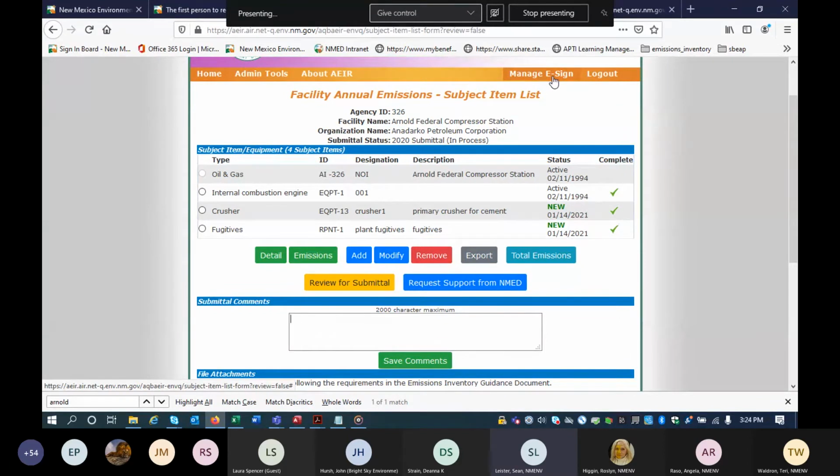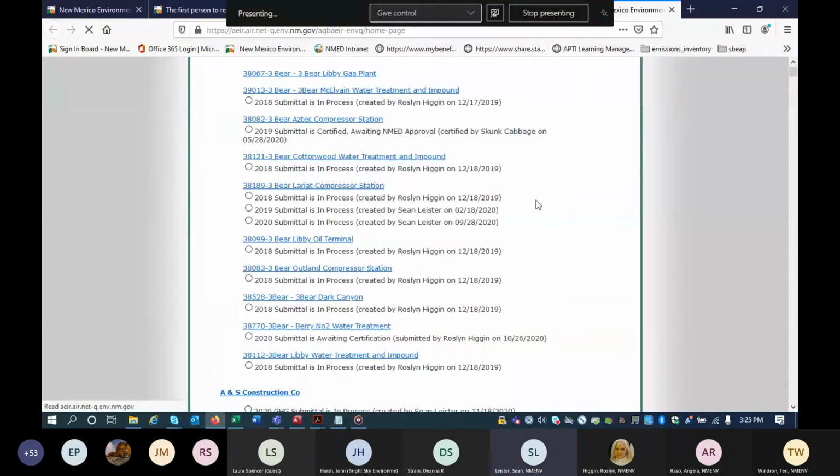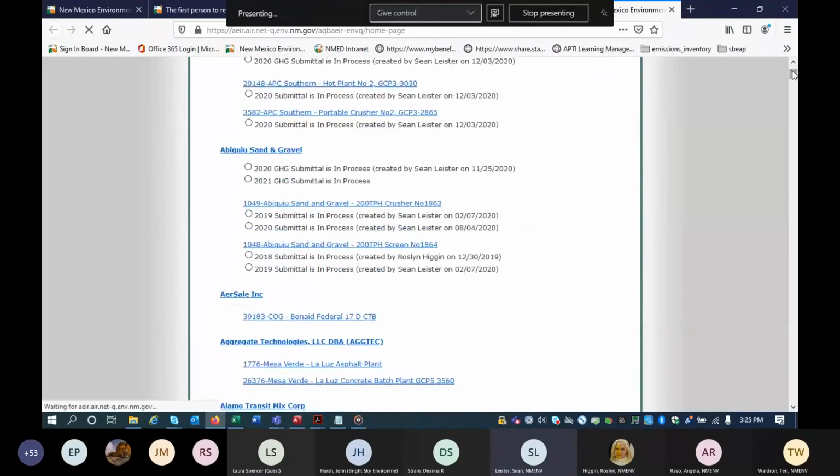We just got through the hurdle over the course of the past few months, and we believe it's ready to go now. But if you find that you are having trouble or if there's something wrong with it, please let us know so that we can fix it. And as far as that goes, I will now go over greenhouse gases. But if anybody has any questions, feel free to ask them.